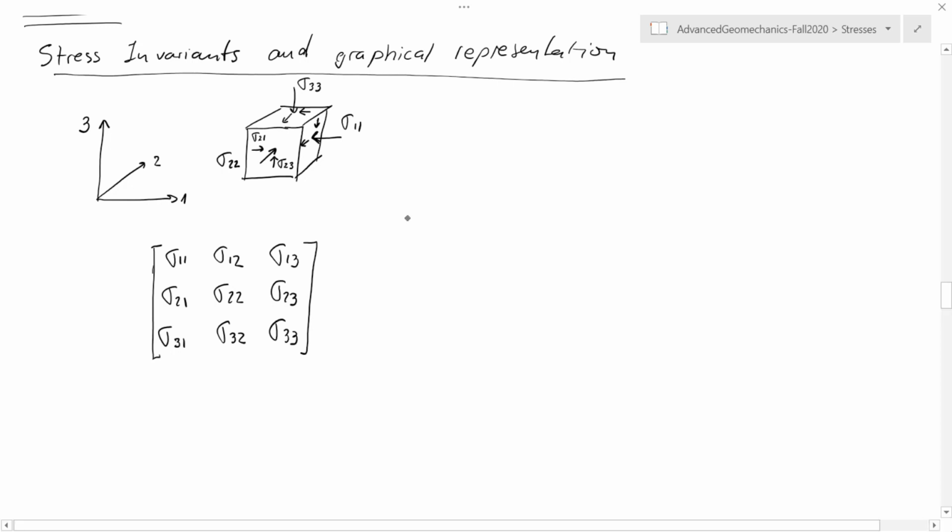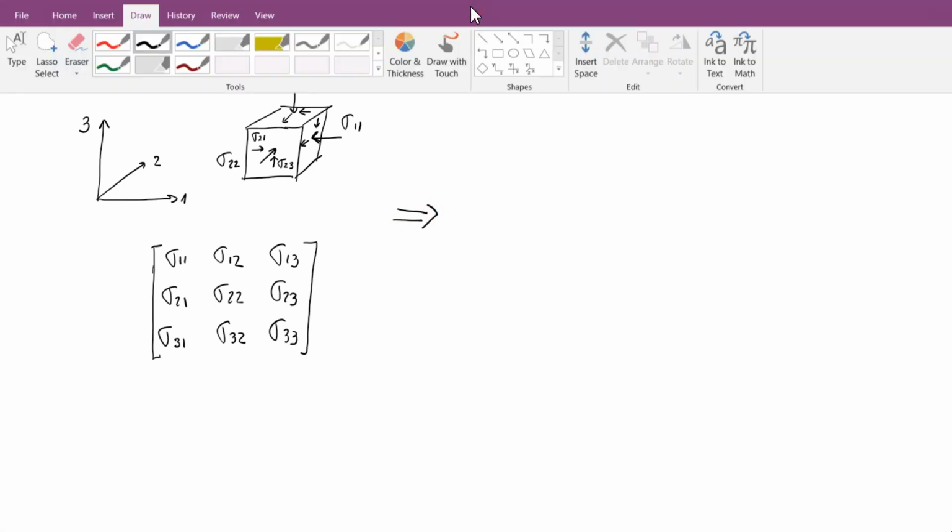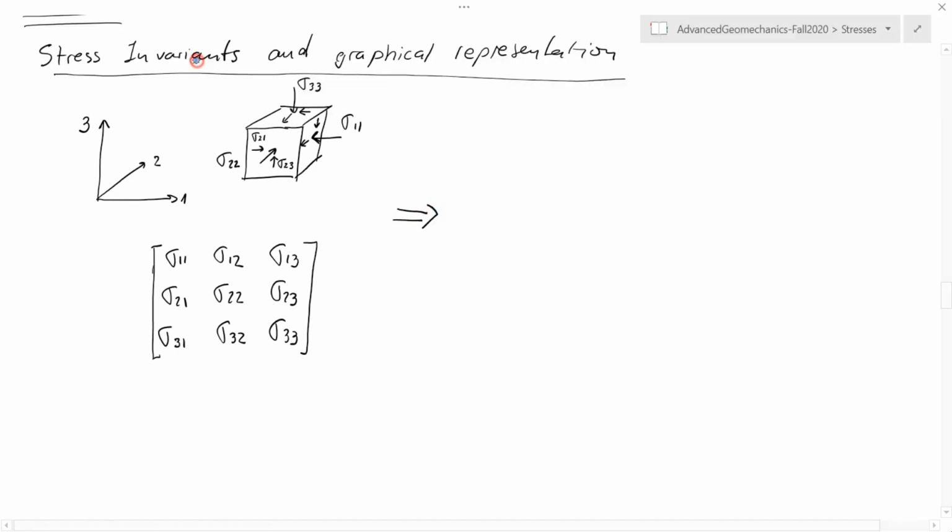However, we can always calculate the principal stresses and the principal directions for such a stress tensor, and it will always be possible to find these principal stresses and principal directions,